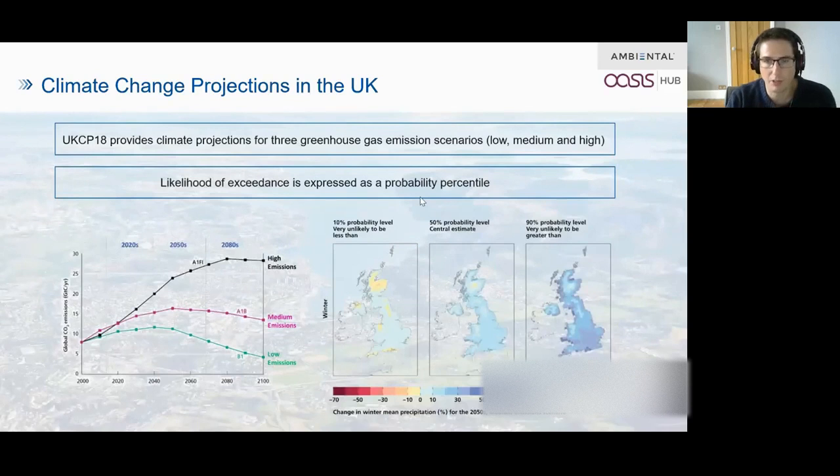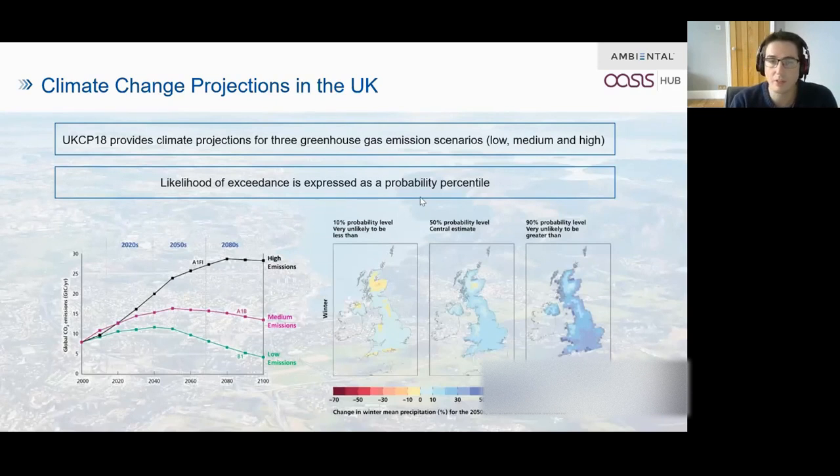Cool. So let's just think about the UK for a moment. The UK benefits from a fantastic scientific basis in the UKCP09 and UKCP18 programmes, which have generated huge amounts of data and insight into these challenges. Far wider than just flood, of course, but we're interested in certain components. And given that we're dealing with uncertainties here, our approach to climate change modelling has been to provide 3 different pathways. Broadly speaking, we call these high, medium and low for simplicity, but these relate to RCPs.